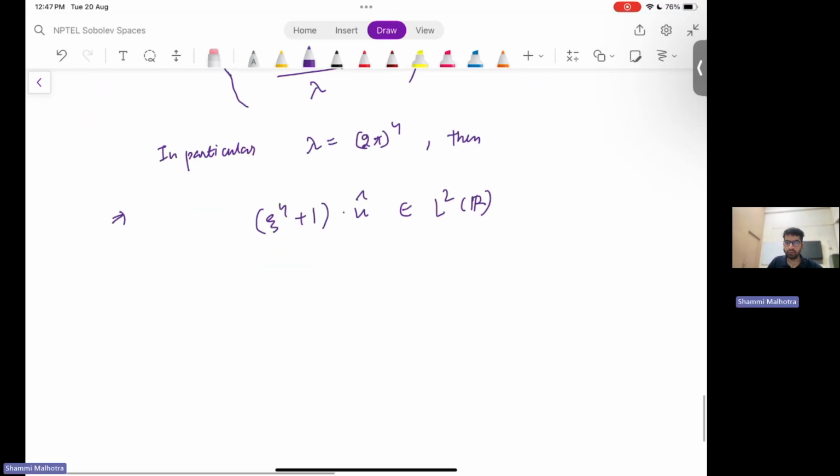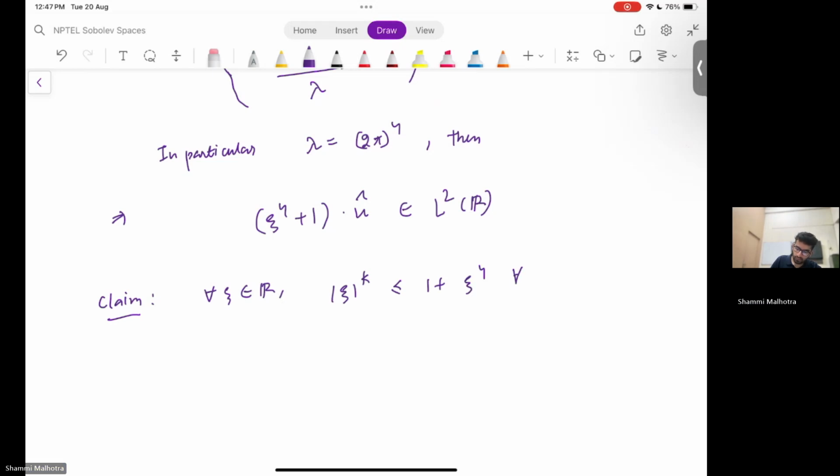Now we know that the derivatives are in L2 if and only if their Fourier transform is in L2, so that is nothing but a polynomial times our u hat. So we would like to use that idea. What we try to show now is that we claim that for all xi in R, mod xi raised to the power of k is less than or equal to 1 plus xi raised to the power of 4,